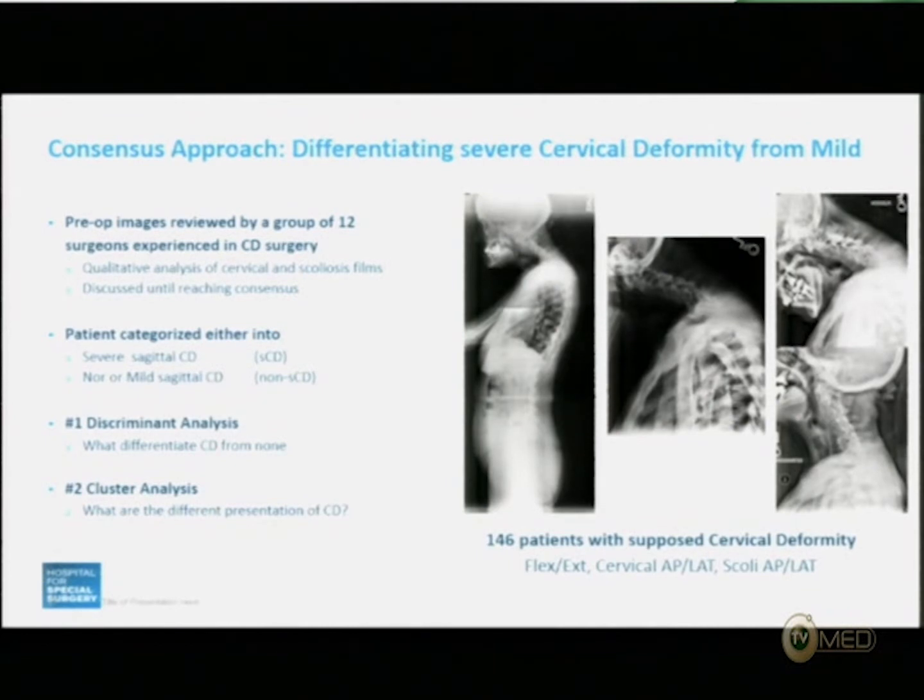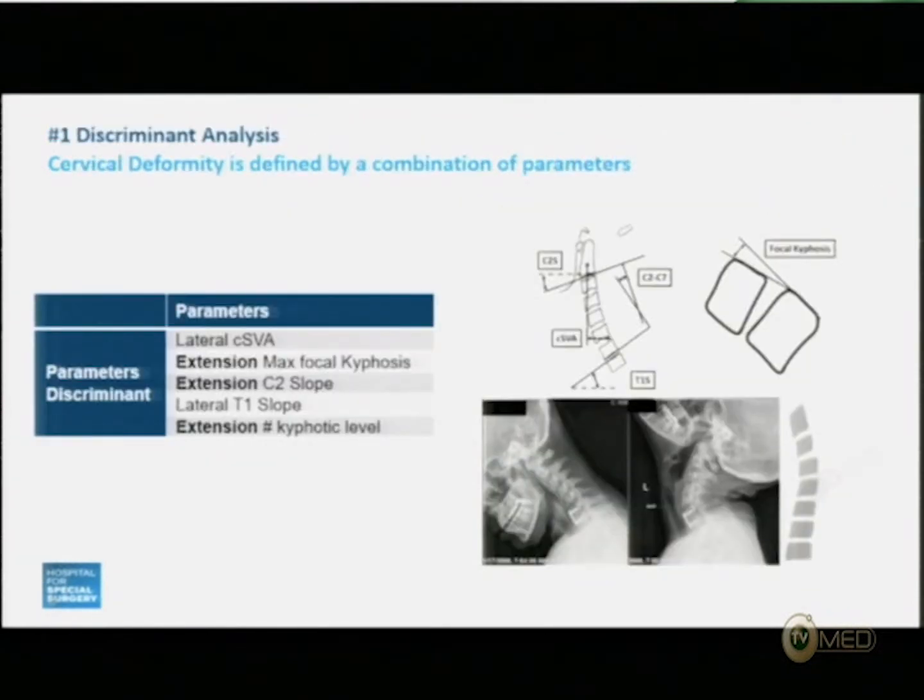And then we looked at our very bad cervical deformity group, and what we found using some mathematical model is that the way to really identify a deformity was actually if the deformity was still present in extension. Because you can have a bad looking neck, but if you have some flexibility and the kyphosis is corrected in extension, it's actually not that bad. But if in extension you still have a kyphosis, your C1 slope is still off, then most of those patients were classified as severe deformity.